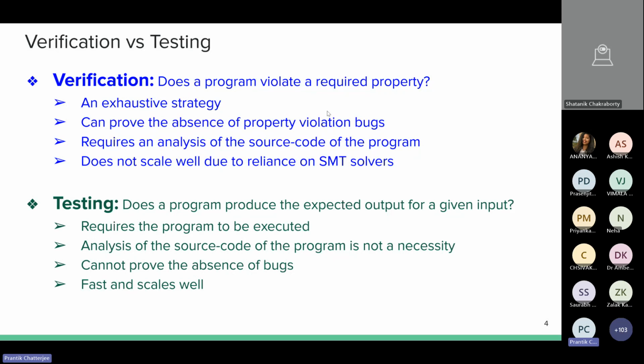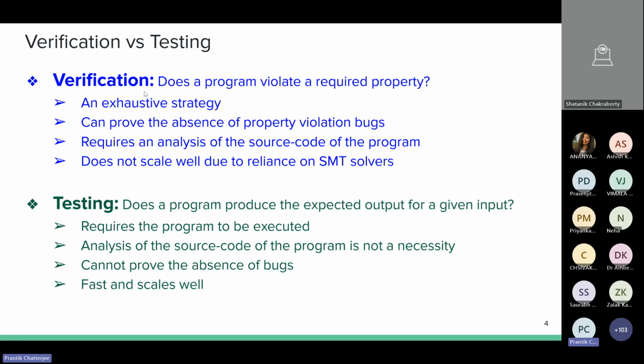Now, as you can understand, this is an undecidable problem, and therefore it is not guaranteed to terminate. So you can actually prove the absence of bugs, but your approach is not guaranteed to terminate. So that's why it is somewhat difficult to apply verification in practice.